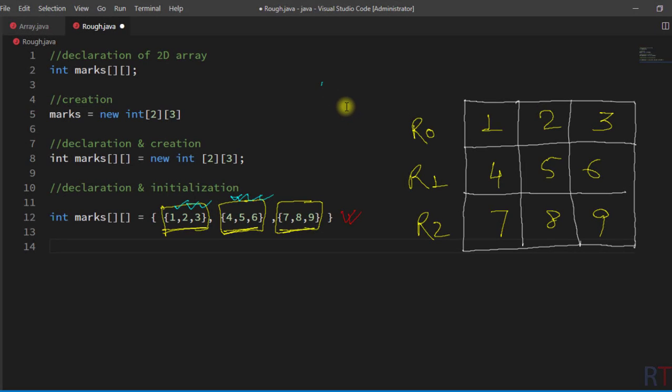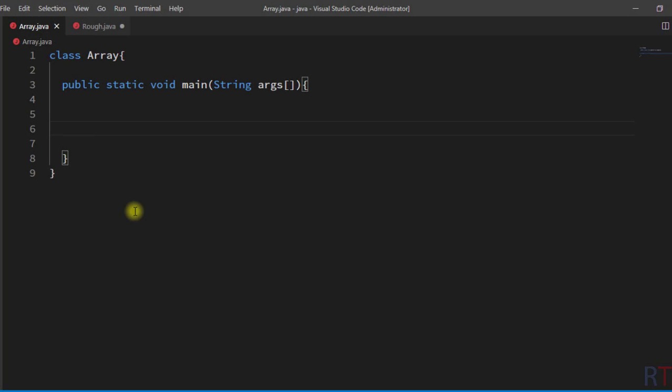So now we're going to do an example program and try to understand the concept of 2D array in detail. To understand the concept in detail, first we have created one class called array, and then inside the curly braces we have the main method, public static void main. Inside the main method we're going to declare and initialize one array, and we are going to use the nested for loop to access all the array elements and print them